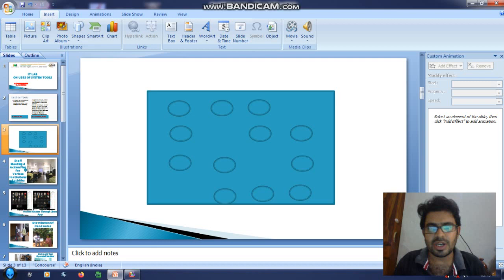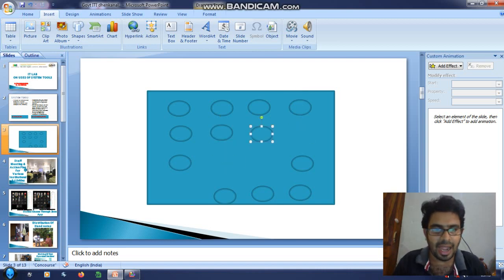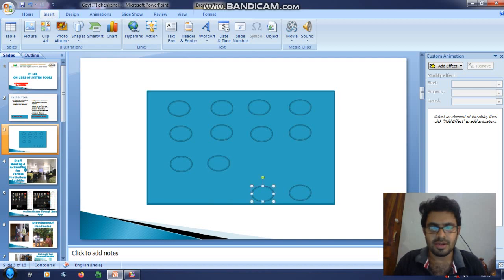So what actually defragmenter does, it makes the consumed space sequential, meaning contiguous, and the free space contiguous.